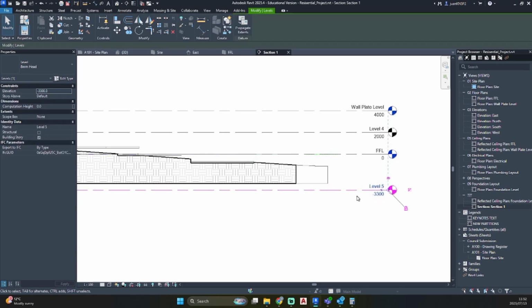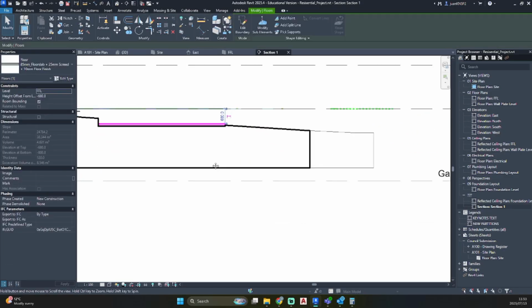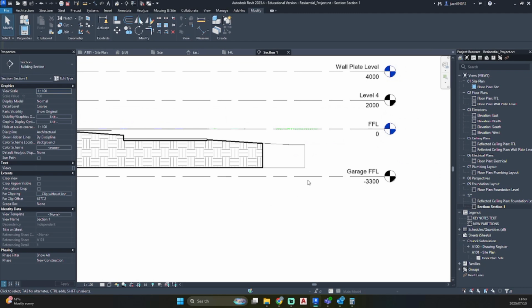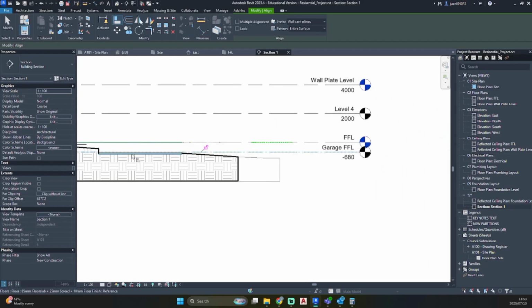So let's go ahead and click on our level height. Let's just rename it. If you click on it, you can click on level 5, or you can click on your level, go to the properties panel under name. We can change it to garage finish floor level. And if you bring your mouse into the white workspace, it'll update automatically. So now let's align it with our garage. If you go AL on your keyboard, select the top side of the garage and click on the level, and it'll auto align.